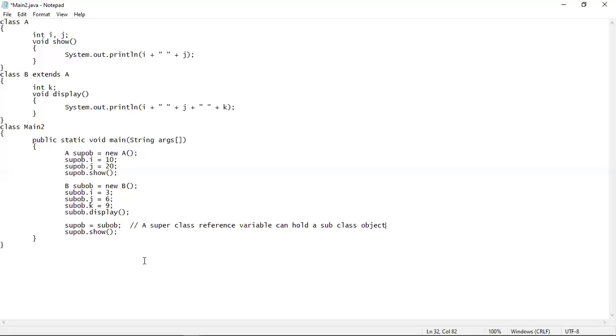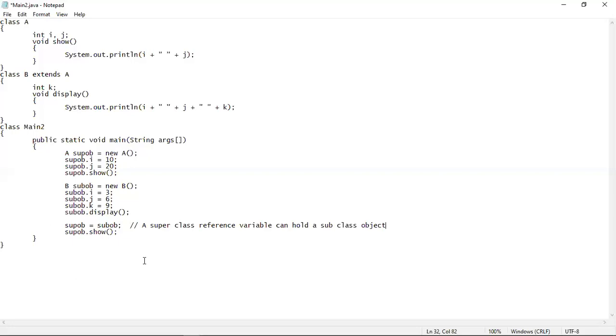That means only one way it can be done, where you have to take a superclass reference variable and assign it with a subclass object. So here there is an exception that we have seen in the type mismatch concept. Although the types are mismatched, because there is a parent child relationship, you can perfectly do this. This is perfectly all right in Java.